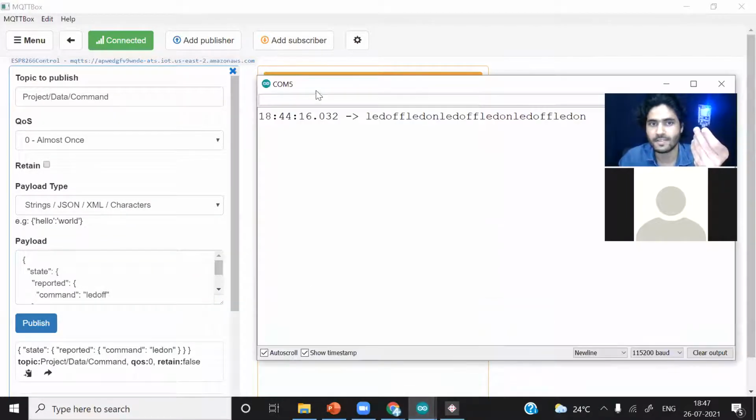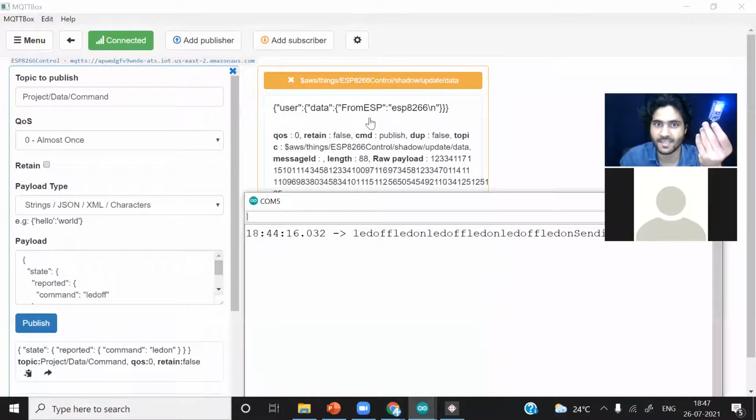First thing, what we'll do? We'll send some data here. I will send ESP8266. I'll hit enter, and after hitting enter, you can see we have received the data to this particular topic as ESP8266 because we sent this data.